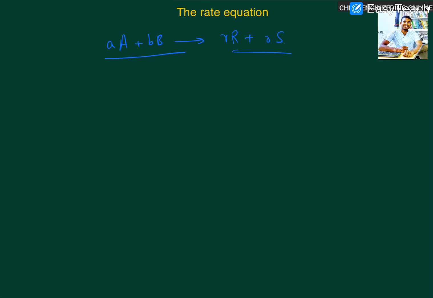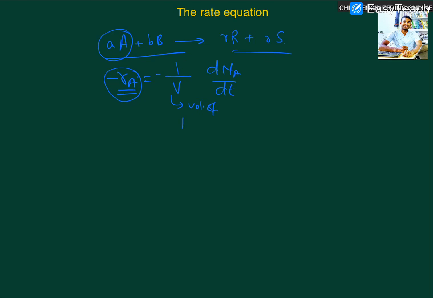If we want to write the rate expression, we will generally write minus Ra equals minus 1 over V dNa over dt. Remember that the rate expression is always written based on the key reactant. Key reactant is that reactant which disappears in the reaction the earliest. Based on that key reactant, we define the rate expression, where